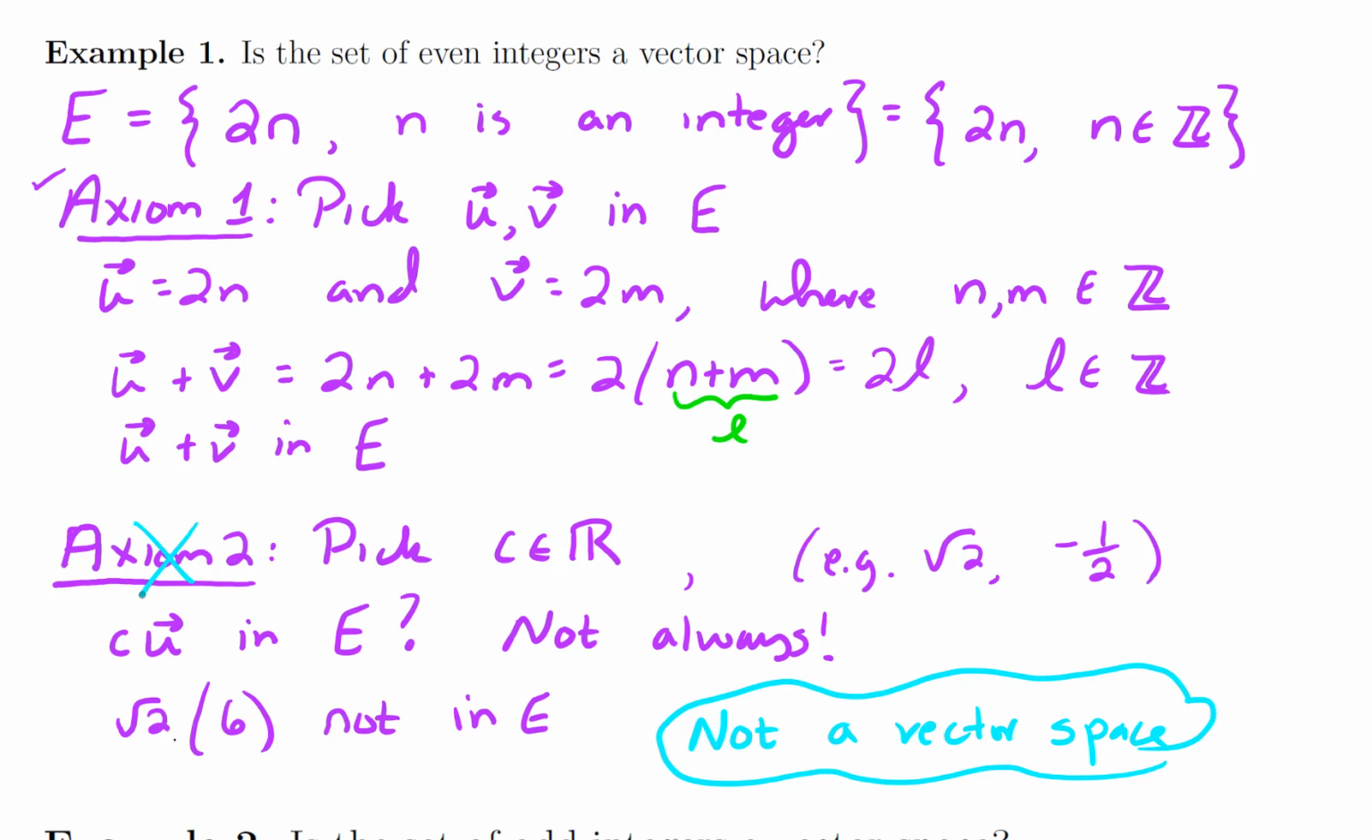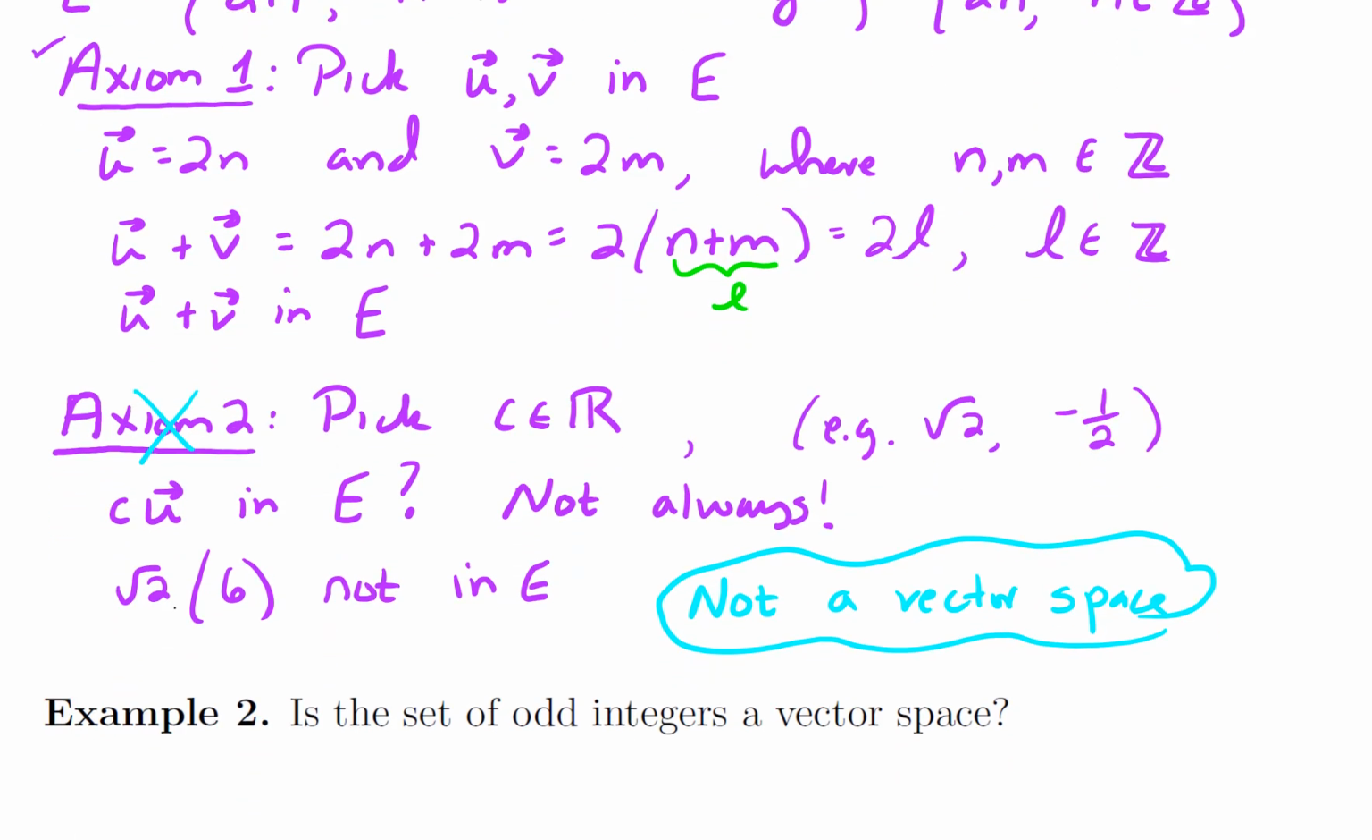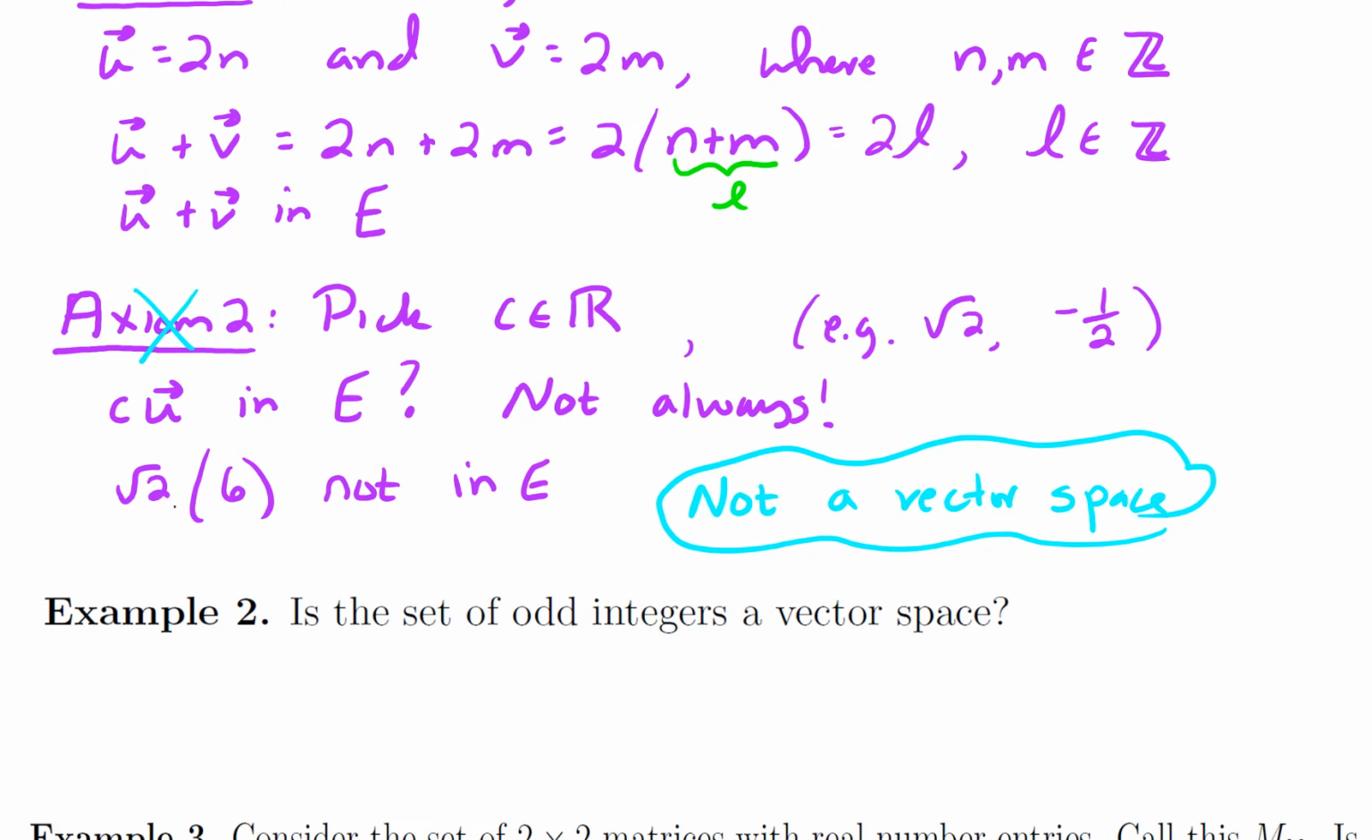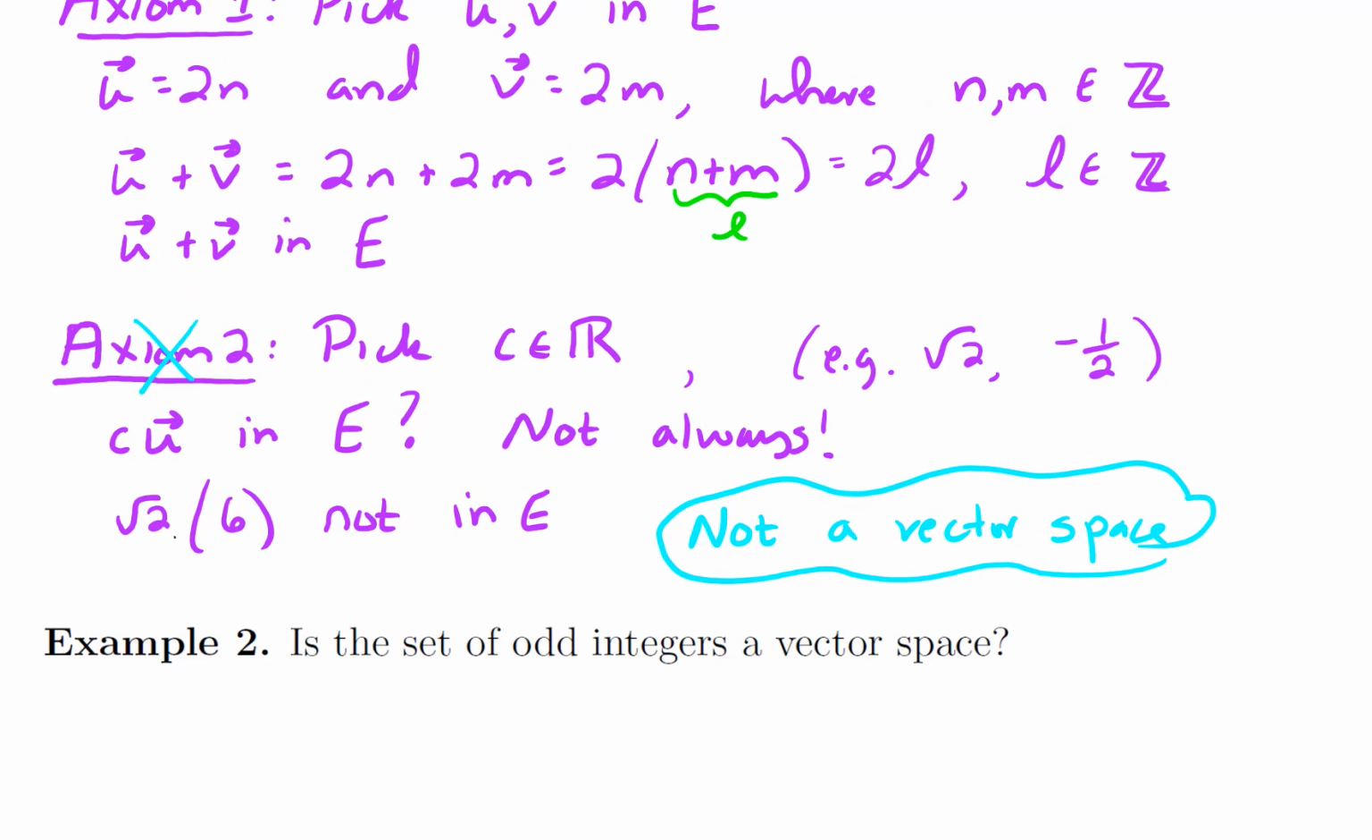Okay, another example you might want to consider would be the set of odd integers. Is that a vector space? And you might be thinking no, for the same reasons that the set of even integers failed. That's certainly going to be the case. We even get that it's not closed under addition. So if you let O be the set of odd integers, which we can represent as 2n plus 1, where n is an integer, notice if we pick any two odd integers,